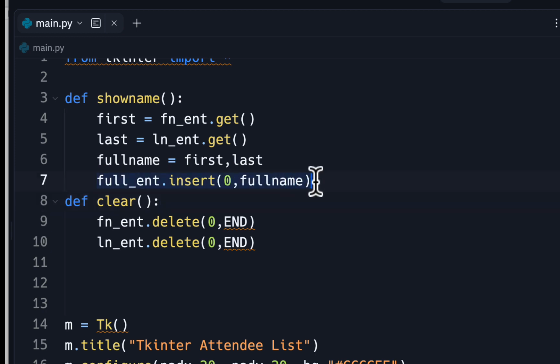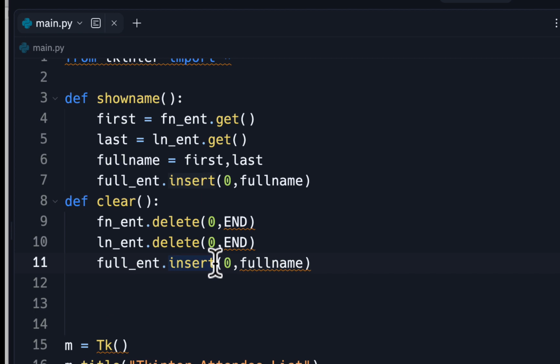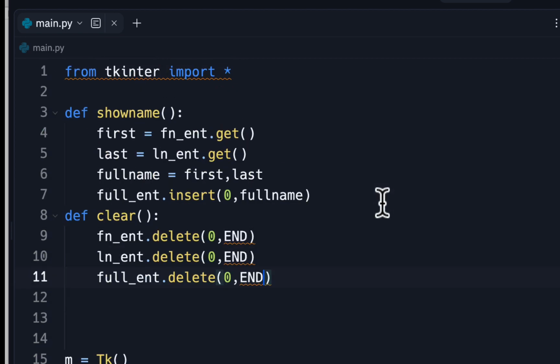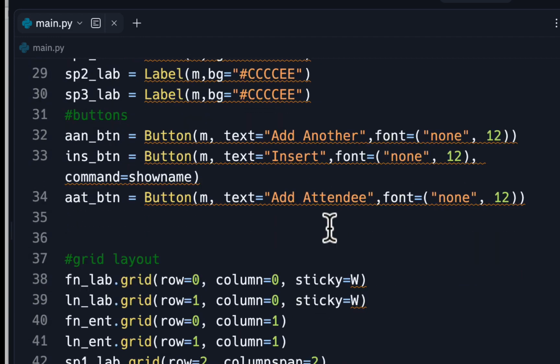Finally, I'll do this one. I'll copy this one here. And it's just going to be delete. And it'll be 0. We can try it. Actually, let's do this. On the Add Attendee button, let's put a clear on there. Now, we're going to remove this, but let's just try it for now, just to see if it works,